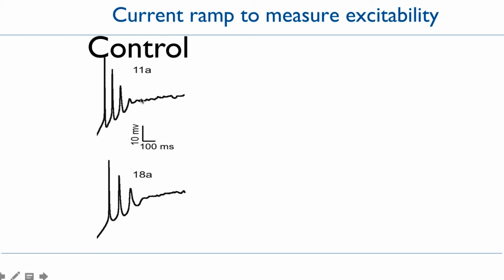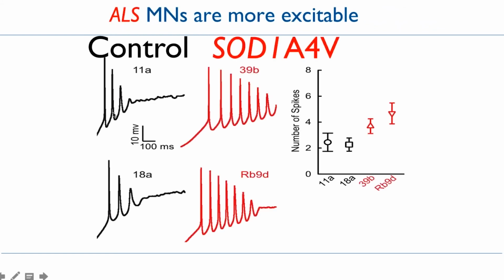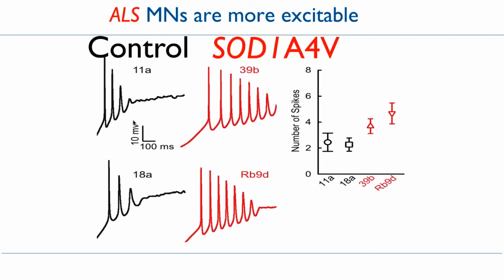And so you can see these cells, even at this stage, don't show a very mature phenotype, but as they begin to mature, they can certainly fire action potentials repetitively. And if you compare that to the behavior of motor neurons made from these two patients that have been cultured at the same time in the same dish in different wells, you can see that those cells showed an increase in activity and a greater extent of firing than in controls.